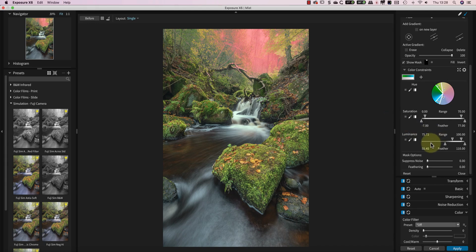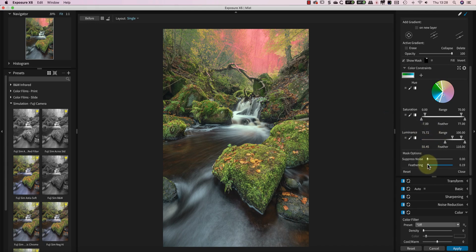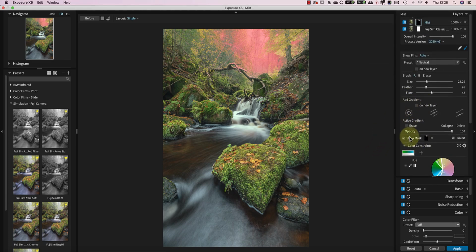Finally, I'll add some feathering to the selection to help blend my adjustments with the surrounding areas. I'm happy with this, so I'll turn off the mask and make the adjustments to emphasise the mist.